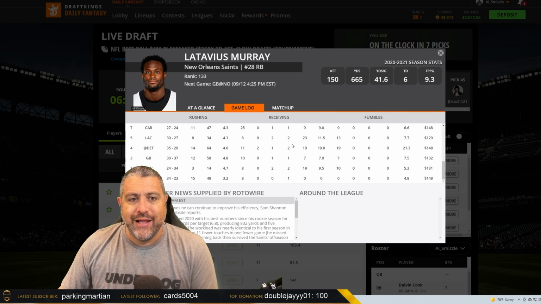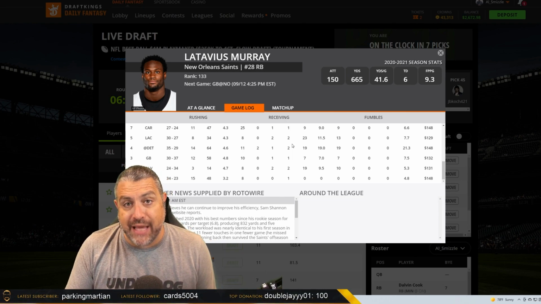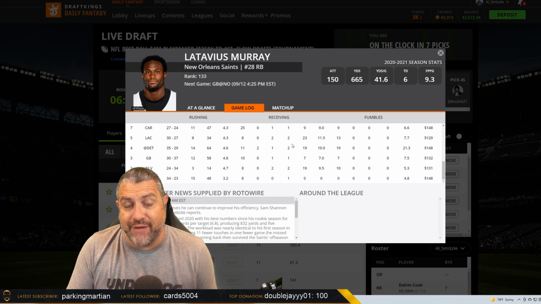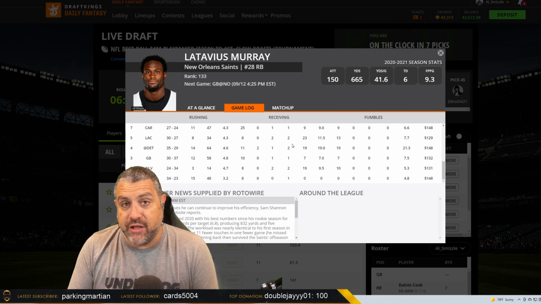Another great late round to mid round pick in best ball. If you're looking for running back depth to fill out here, no matter what type of build you go with, right? Like if you're drafting Latavius Murray as your RB4 or RB5, I think you're doing better than most of the rest of the league that's going to get some flyer in the 16th through 18th round, where those are just